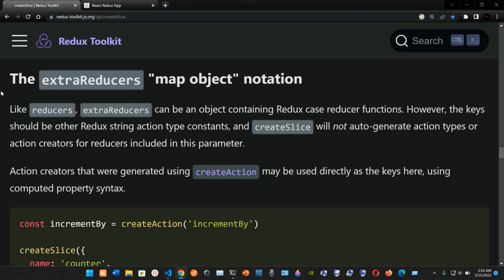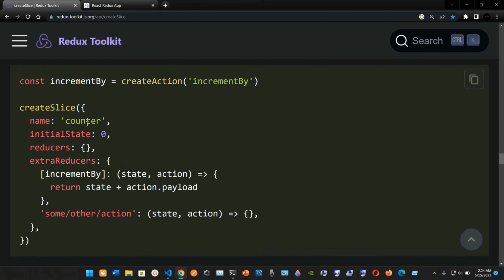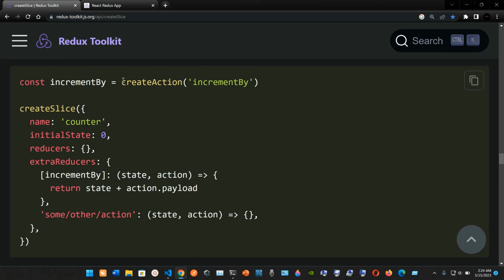Like reducers, extraReducers can be an object containing Redux case reducer functions. However, the key should be other Redux string action type constants, and createSlice will not auto-generate action types or action creators for reducers included in this parameter. Action creators that were generated using createAction may be used directly as the keys here using computed property syntax. So here we have this variable incrementBy that is set to createAction, and we are passing this string